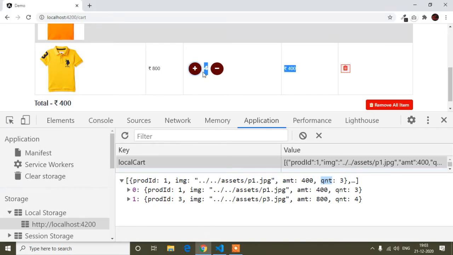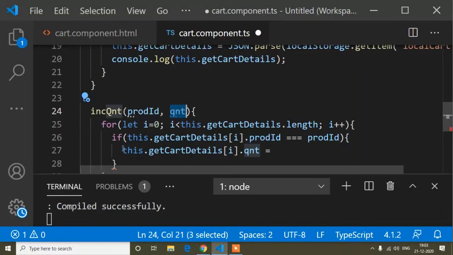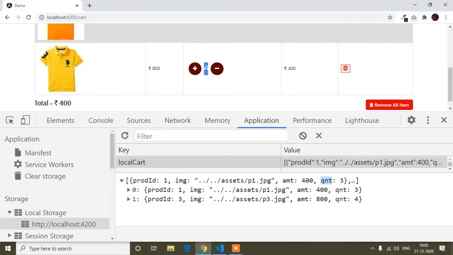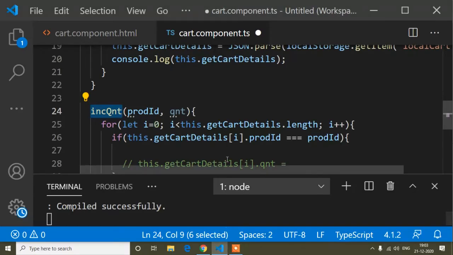That means guys, when I click this increase button, I have to increase the quantity, and whichever quantity I increase, I will store in this quantity. Suppose first of all I comment this line and write, when I click this increase quantity button, first of all I will increase the quantity. So for that, here I just have to write quantity plus 1. Okay, save.